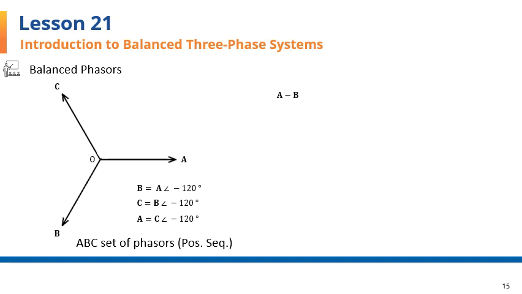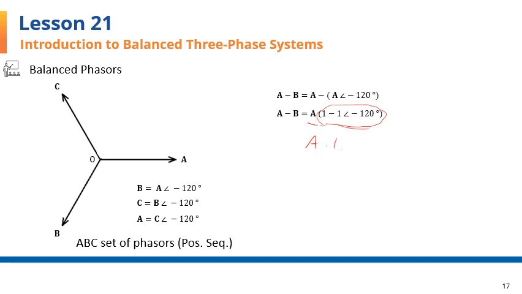I'll substitute for B in this equation from here. So it becomes A minus A with -120. Let's factor out the A and rewrite this as A times this quantity, which is purely numerical, 1 minus 1 with -120. If you put these two numbers in your calculator and subtract them, you'll get something like A